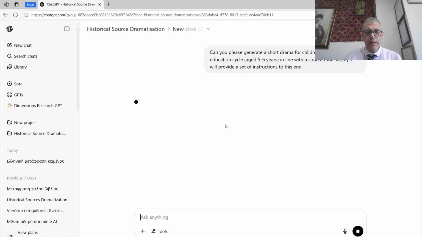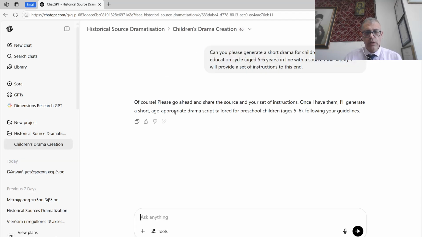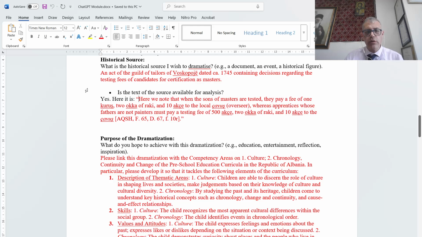And then you will see that it engages in a dialogue. Okay, please go ahead and share the source and your set of instructions. So there we start generating the content. These questions are good enough for us to have figured out what the responses would be in advance, so that we can paste the entire text of instructions. So here is the source that we would like ChatGPT to help us